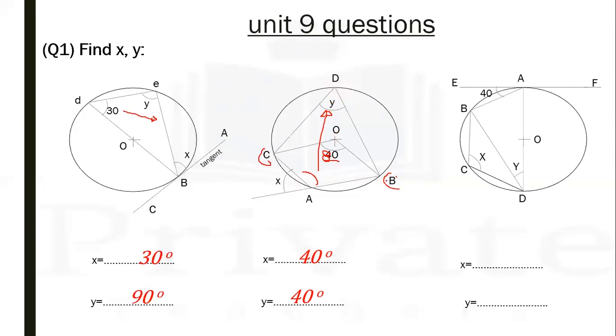And then look at this one, EA. The line EA here is a tangent. So we have to remember the rules of the tangents. AB is a chord. So the angle 40 here is an angle included between a tangent and a chord. The angle included between a tangent and a chord equals the circumferential angle which is made on that chord,